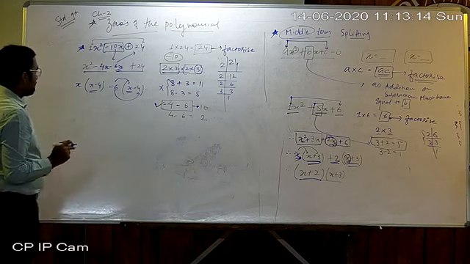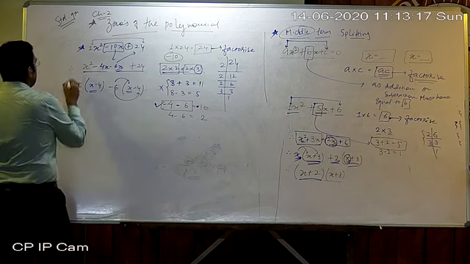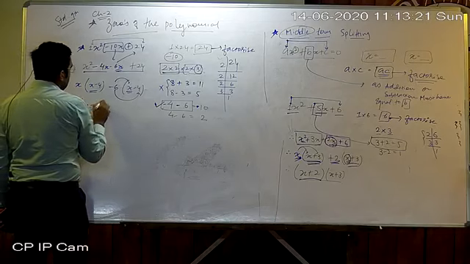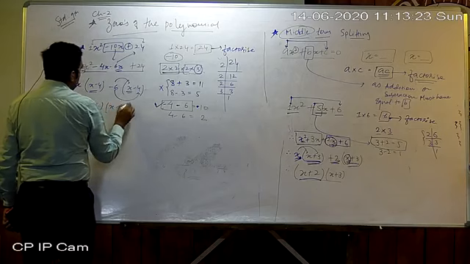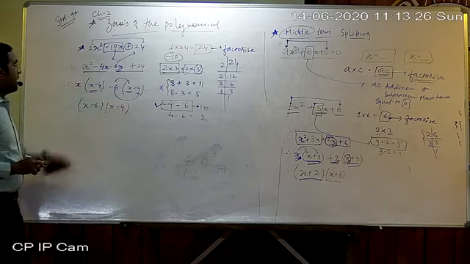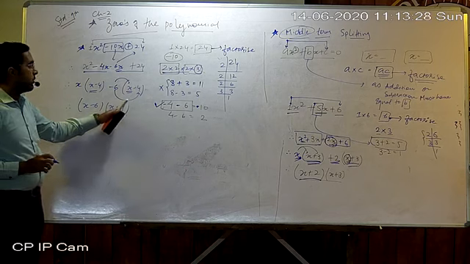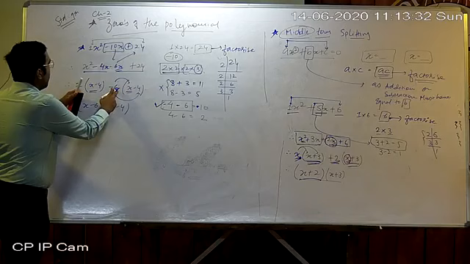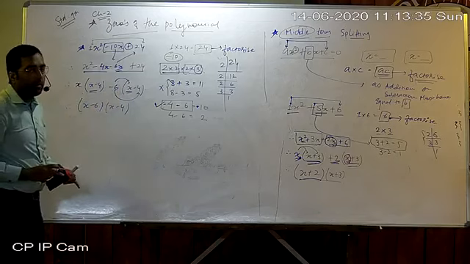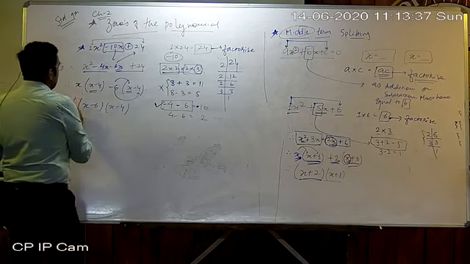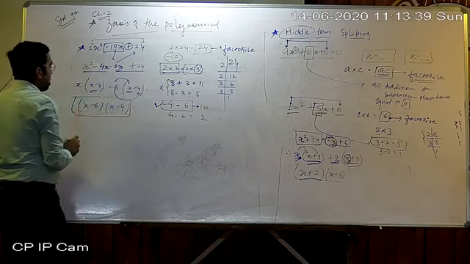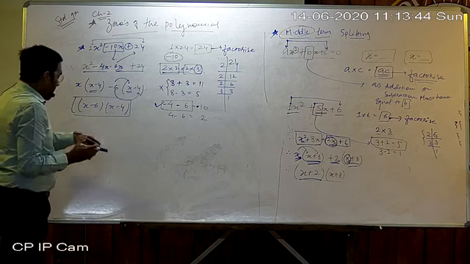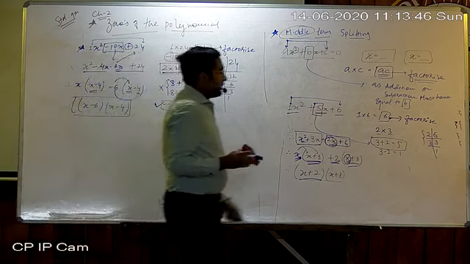Okay students, clear? So write x minus 6 and x minus 4. From two brackets of x minus 4, we should write one bracket as x minus 4 and write the second bracket for the remaining numbers. So my answer is x minus 6 and x minus 4. Clear students?